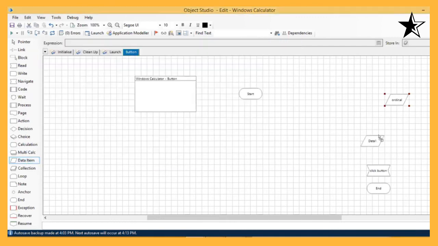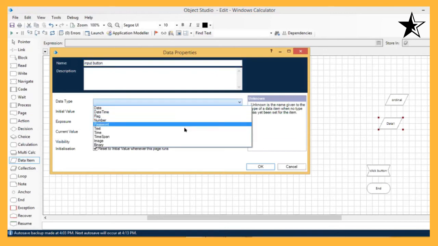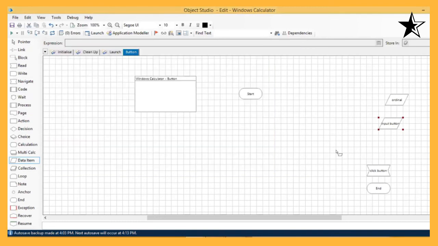Another data item is the input button. Now why are we doing this? We are doing this because we want to use the object in the process. So input button will be a text type. Okay. There are 2 data items I have taken. Let's see how these data items work and how we can enter the value from the process studio.